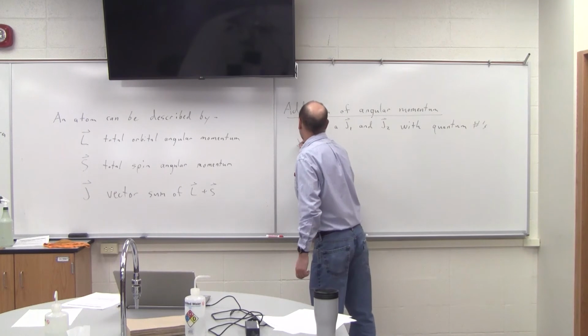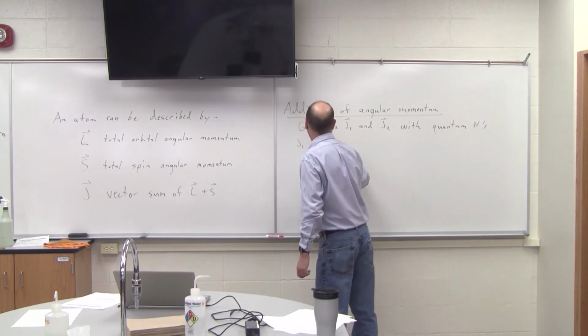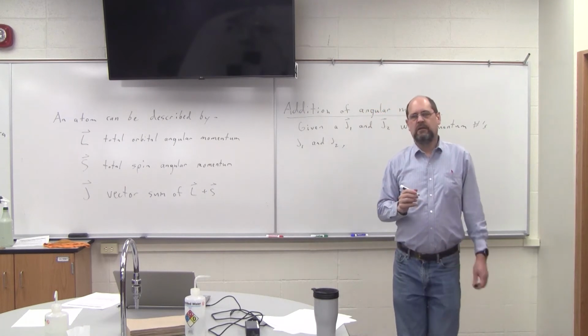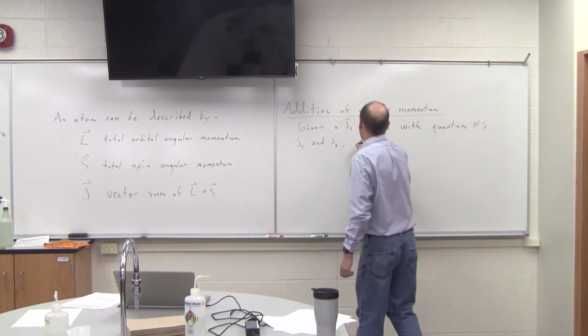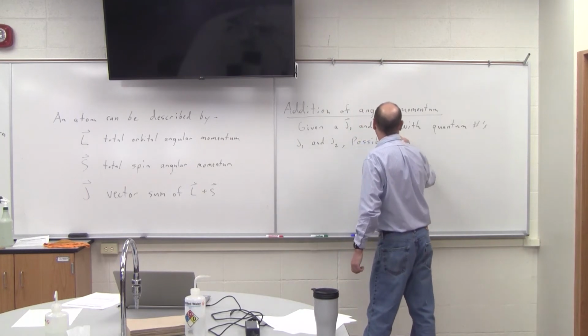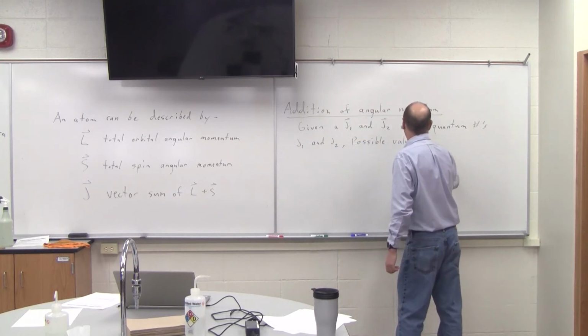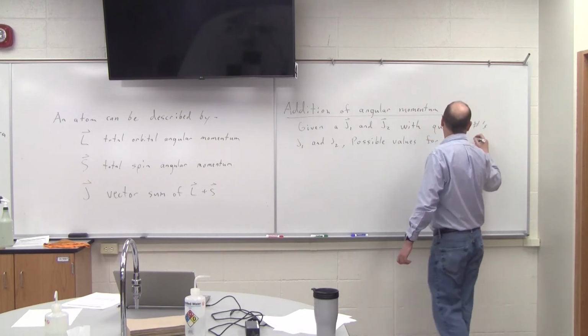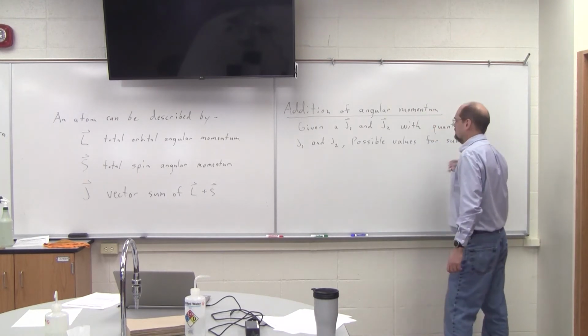So these are scalars, J1 and J2. Okay. The possibilities for the sum, the vector sum, are